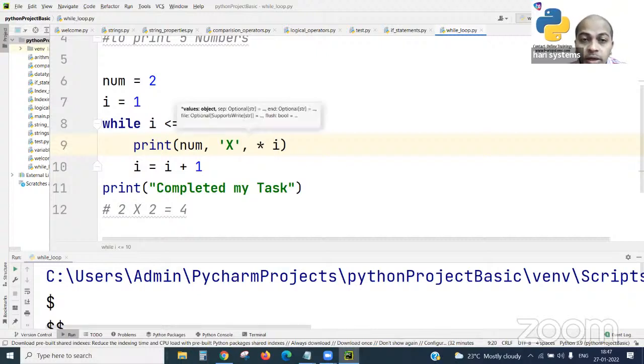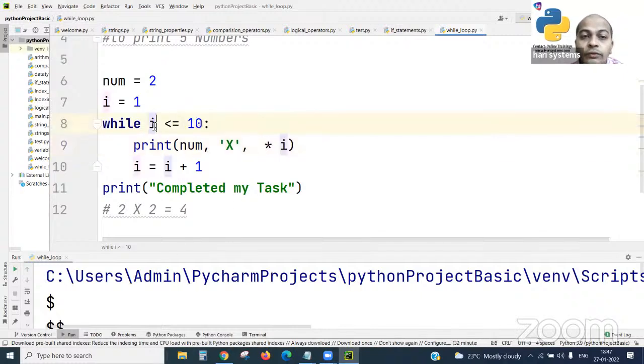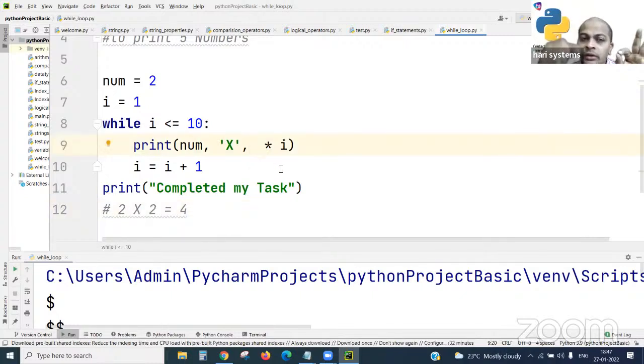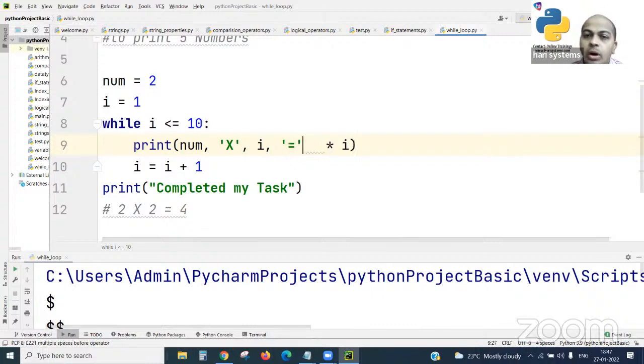After X, I want one more number, like 1, 2, 3, 4. This number will keep going 1, 2, 3, 4, 5, 6, 7, 8 this way. That is the i value only. We know that in every iteration the i value increments by 1, so I'm putting the i value there, and whatever the i value is, it's going to be printed there. Again, I need to show a string value, which is equal to, so I'm taking single quotes and putting equal to. Wow, my job is finishing very quickly. Making comma.